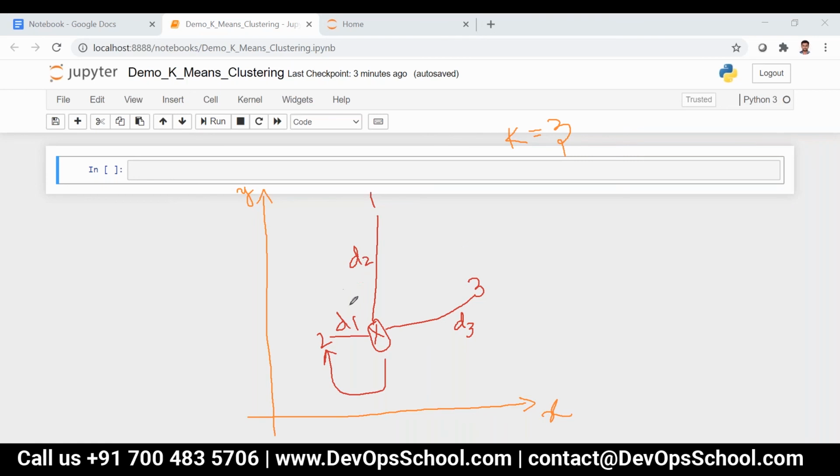Again, we repeat the same thing for all the data points: find the distance, and assign each to whichever is nearest. This process is iterated until the cluster assigned to the centroids is not changing, that is, the nth iteration cluster and the n-1 iteration cluster are the same.